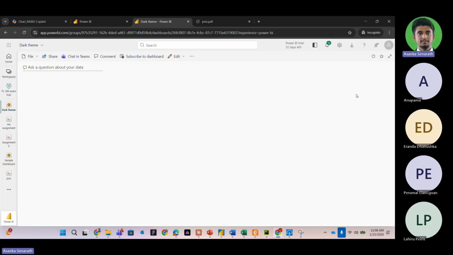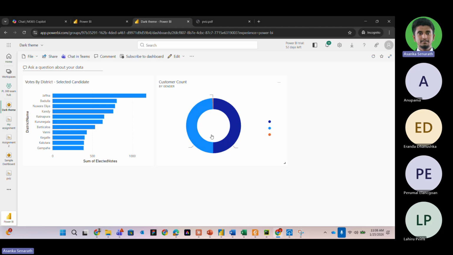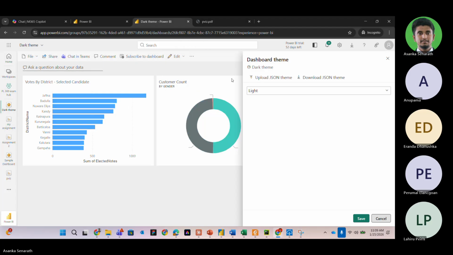If you go to the dashboard now, you can see it's showing this white color. But you can change this to a dark theme. What you're supposed to do is go to edit, then dashboard theme. From here, you have four options: light, dark, color blind, and custom. You can even customize these things.